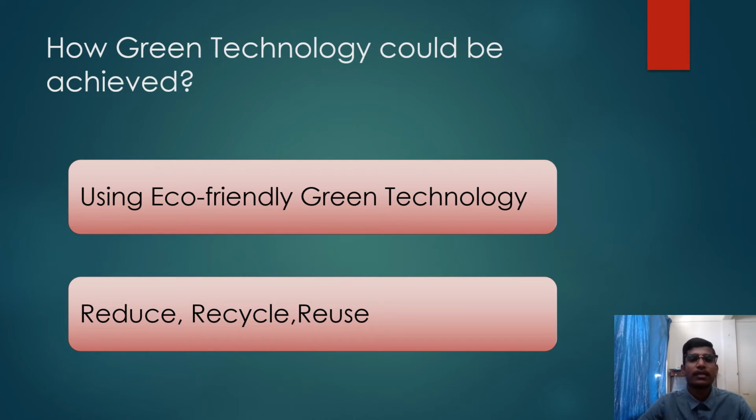The next is about reduce, recycle and reuse. These three words are an important part of sustainable living as they help to cut down the amount of waste we have to throw away. It's really simple. Reduce the amount of waste you produce, reuse items as much as you can before replacing them, recycle items wherever possible. Using the 3Rs also helps to minimize the amount of space needed for landfill sites where waste materials are